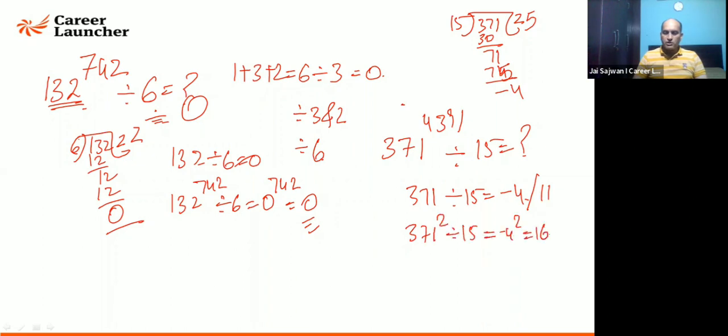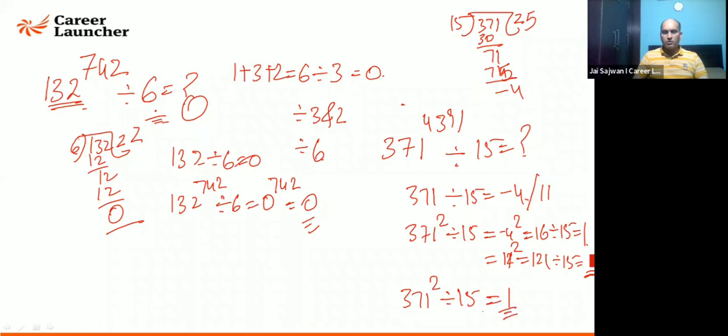Minus 4 square is 16, when divided by 15, remainder is 1. Or 11 square is 121, which when divided by 15, 15 eights are 120, remainder is 1. Whatever you do, you get 371 square divided by 15, remainder is 1. Such a beautiful number. If you multiply both of these values, you will get 371 to